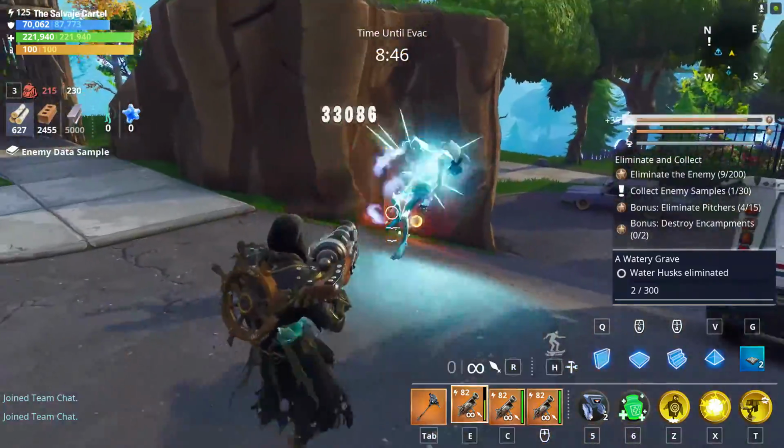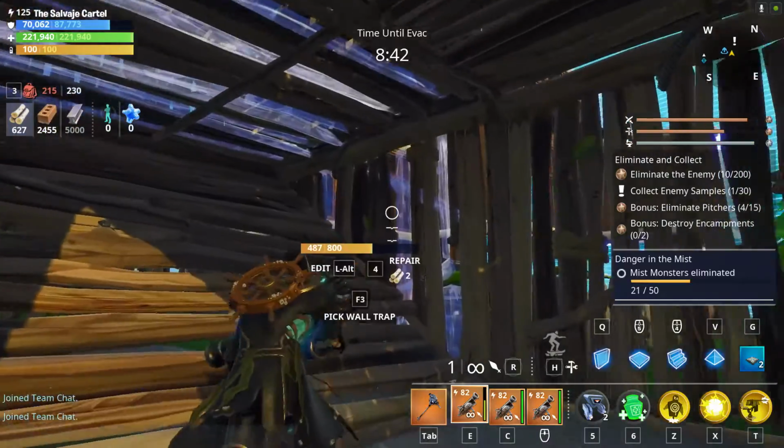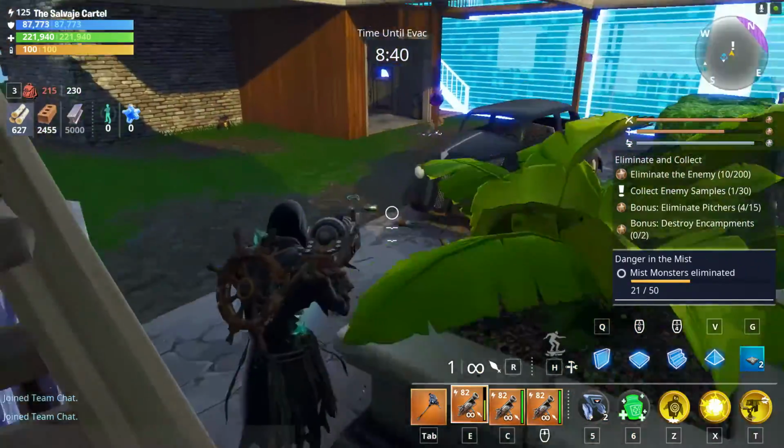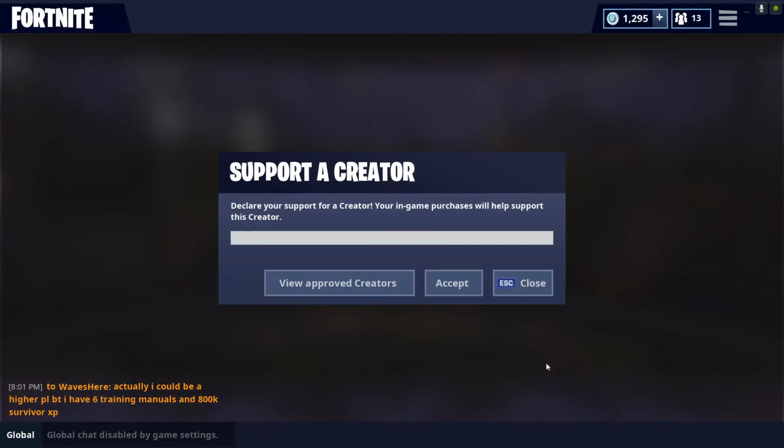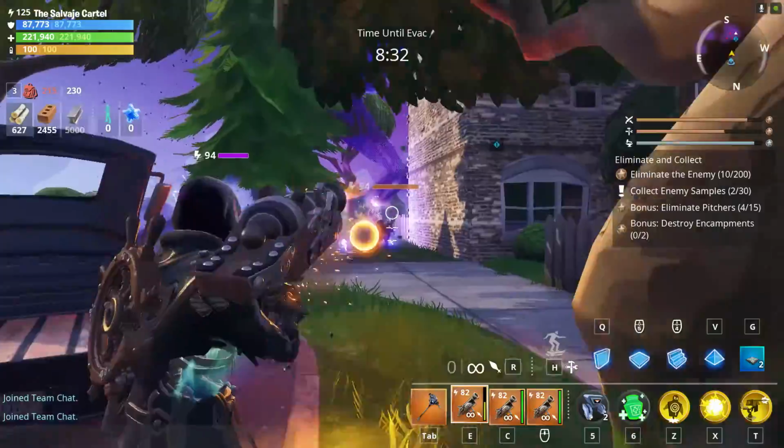So here we are back at it again with another Fortnite Save the World in-depth weapon review, and I'm going to be reviewing the Bowler on this one. And of course, my supporter creator code is Salvaje if you guys want to rock it. So I reviewed the Bowler when it came out about 7 months ago,